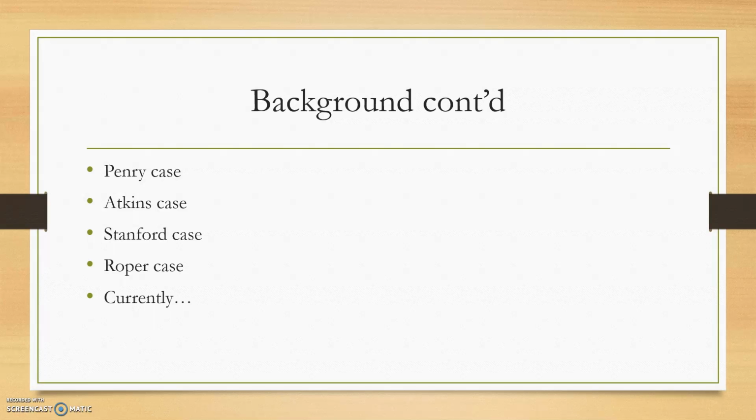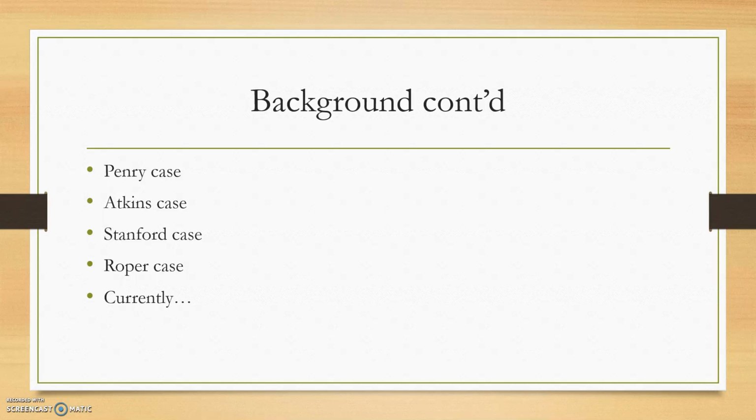Continuing on with background, there was this case called Penry versus Lynaugh, I think that's how you pronounce it, where the court held that executing mentally retarded people convicted of capital offenses is not categorically prohibited by the Eighth Amendment, meaning that it was at first seen as constitutional to execute the mentally ill in America. However, the following case, Atkins versus Virginia is the full case name, it held that the executions of mentally retarded criminals were prohibited by the Eighth Amendment, therefore abrogating Penry versus Lynaugh,